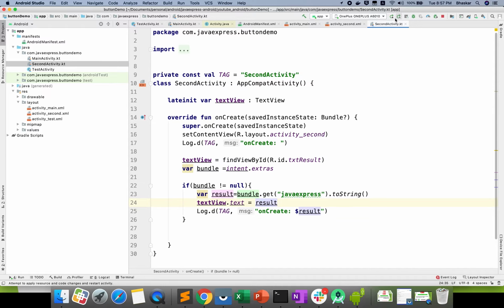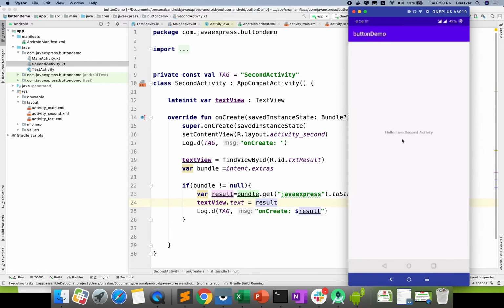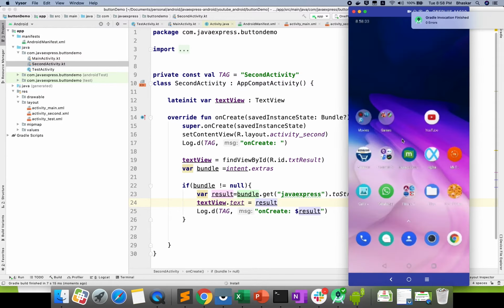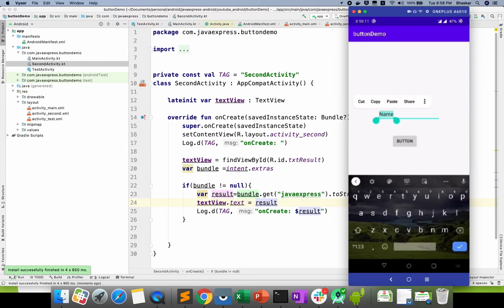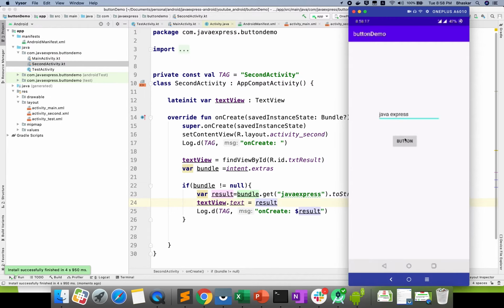Okay, let me go and run my application. It's loading. Click the button. See where it is printing, at the top. Why is it printing there? I didn't give any constraints, that's why.